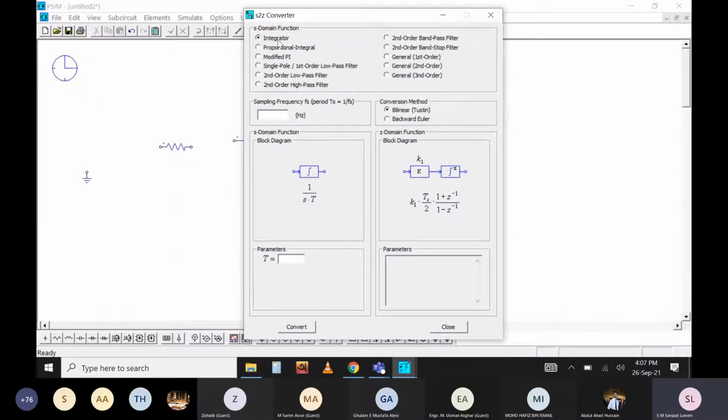So you can take the integrator. This is the S domain representation of an integrator. The corresponding Z domain representation will be like this. Accordingly, for different kinds of control elements, you can convert the transfer function into the corresponding Z domain. That's why it is called the S to Z converter. It will become very handy when you are focusing on control system design.